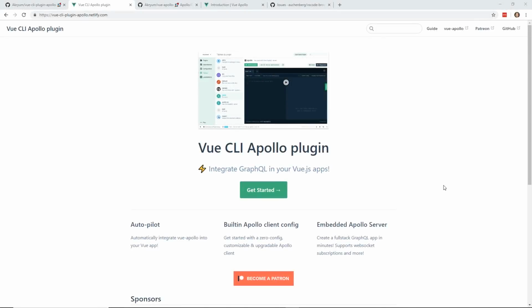So Vue CLI 3, there's a ton of different plugins you can get. One of them I want to talk to you about is the Apollo plugin. This is perfect if you are creating a GraphQL database and you need to have your Vue project talk to it. Now the Vue CLI Apollo plugin actually comes with some ways you can get started. It has some boilerplate